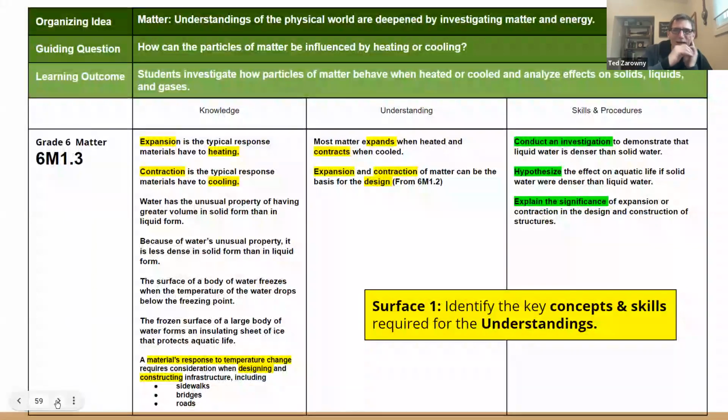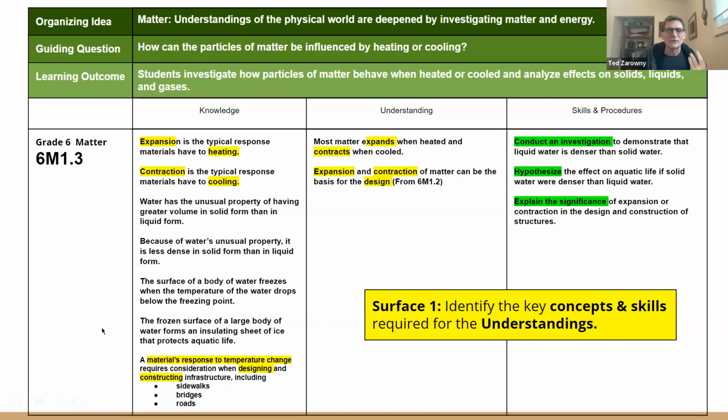Our next cusp line, then: we moved from the second cusp to the third one. In terms of order of presentation, I think the third cusp comes in more handy, because we're talking about when things are heated and cooled, they expand or contract. And the really important thing to look at, those are the two key concepts here, is expansion and contraction.